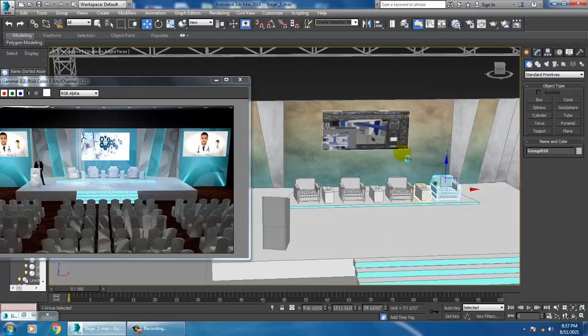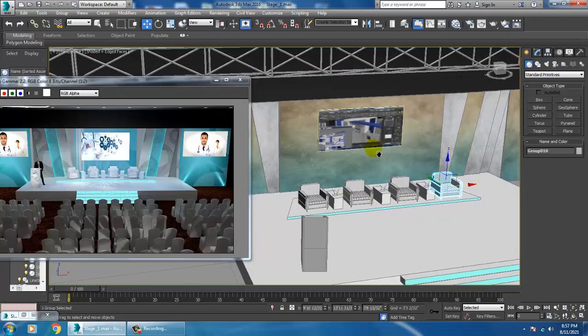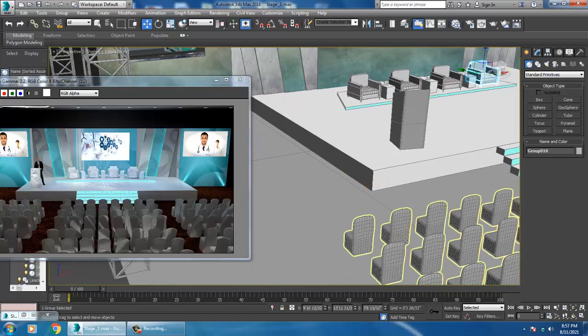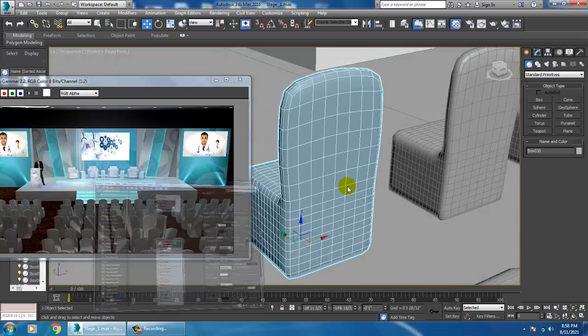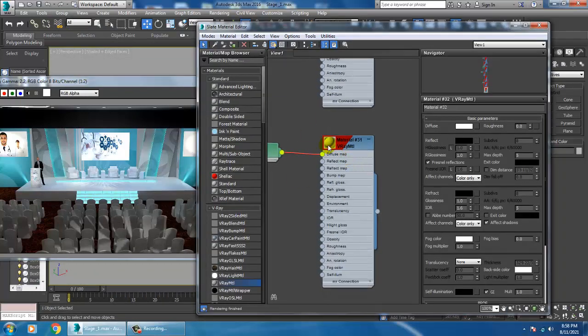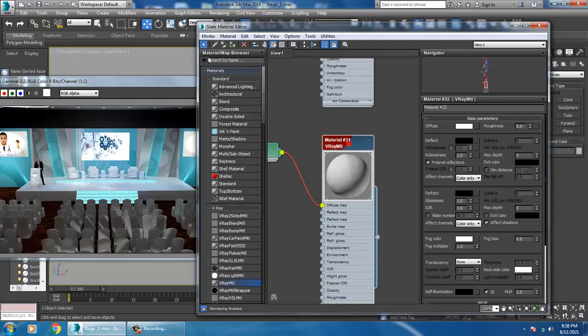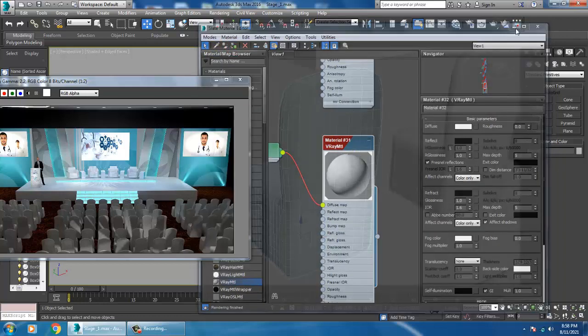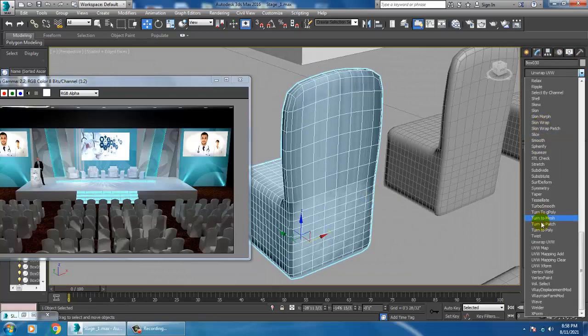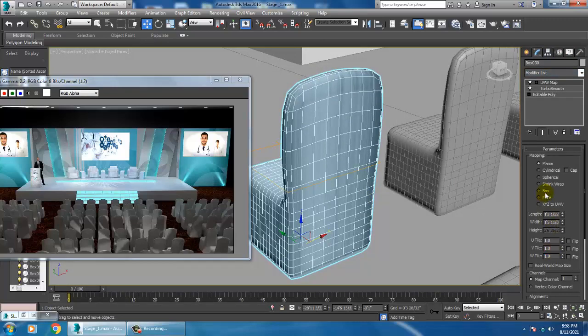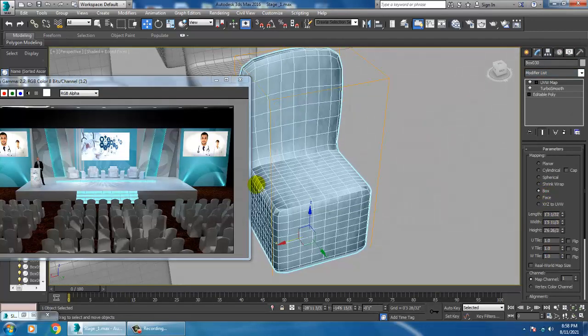Now we'll be just texturing these chairs over here. So I'll just ungroup that. I'll go into this and assign this same texture over here, and let's give again a UVW map. And let's just set it.